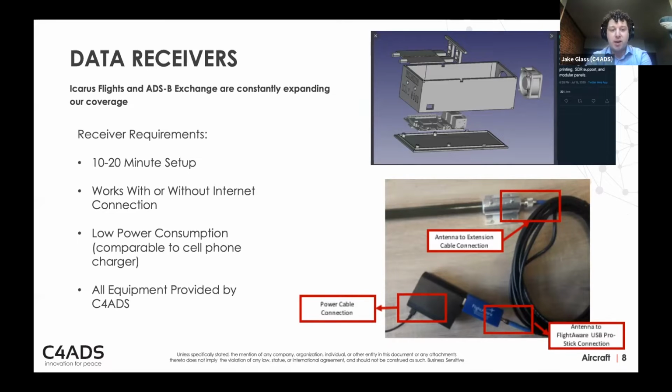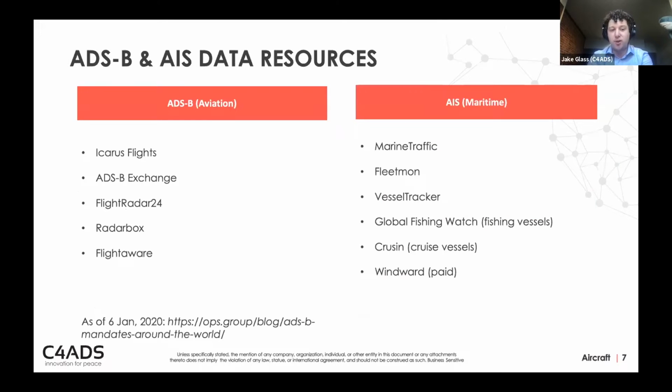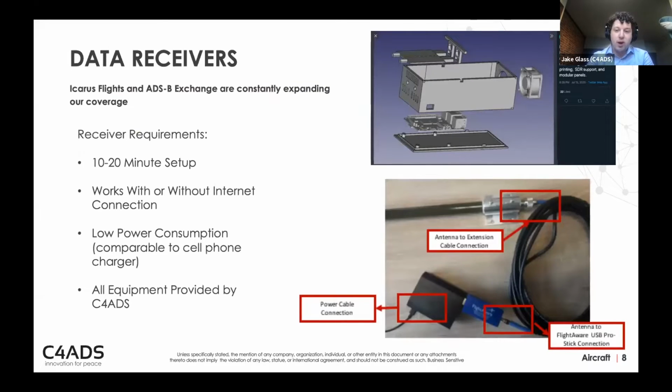And so C4ADS and ADS-B Exchange have been working together to send out these units in order to expand the coverage network. Because ADS-B Exchange, unlike some of these other sources like Flight Radar 24 and FlightAware, does not remove aircraft at the request of those aircraft's owners, because this is public data. So we're trying to expand their network, and we're excited to have partnered with them to provide data for Icarus